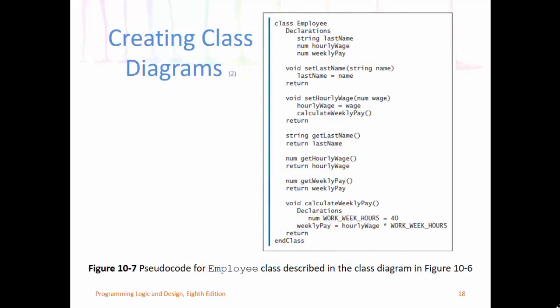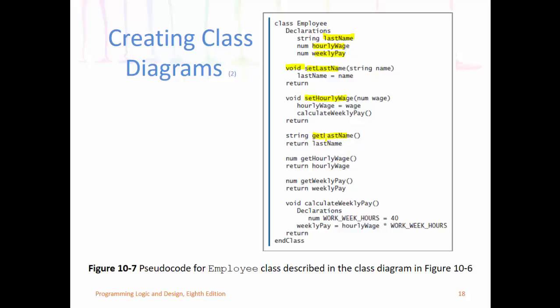And some more pseudocode showing the employee class, the declaration. It has three attributes: a string attribute for last name, a num attribute for hourly wage, and a num attribute for weekly pay. And then there's several methods. This term void means that the method will not return a value. So set methods, set last name, set hourly wage, and then a string method to get last name,